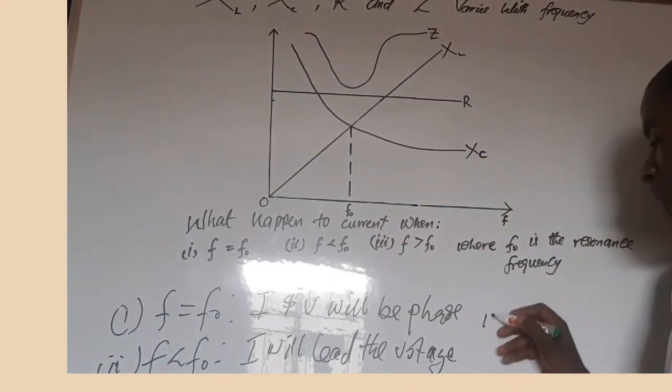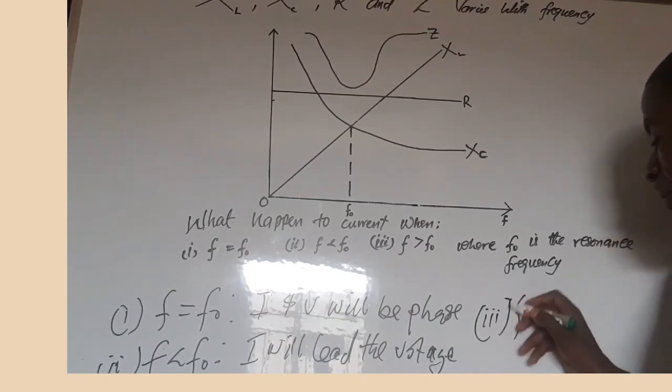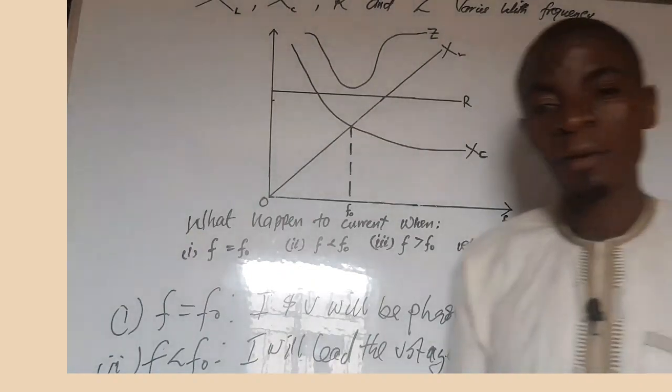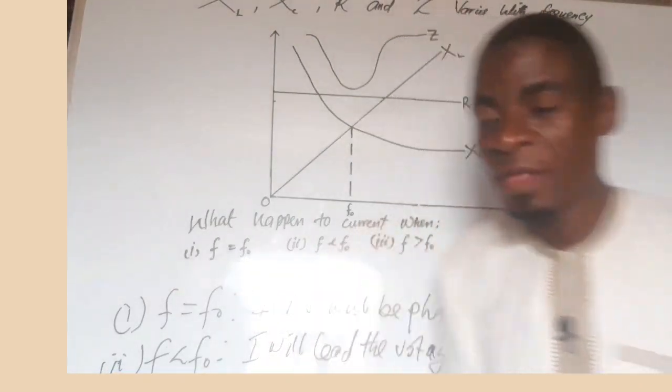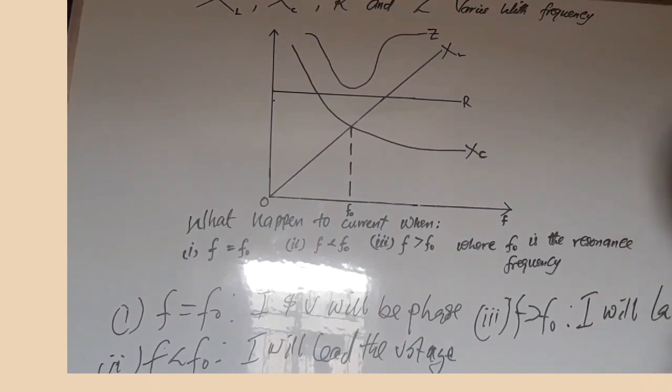And finally, if the frequency is greater than the resonance frequency, then the current will lag the voltage. The current will lag the voltage by a value which is 90